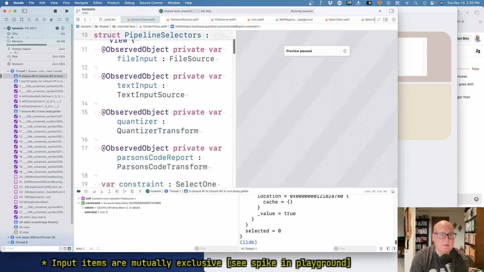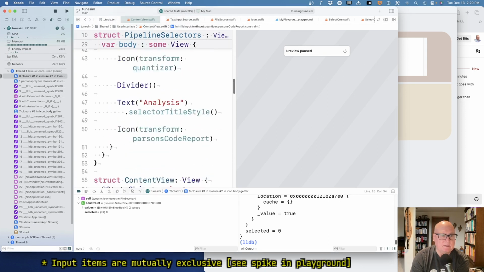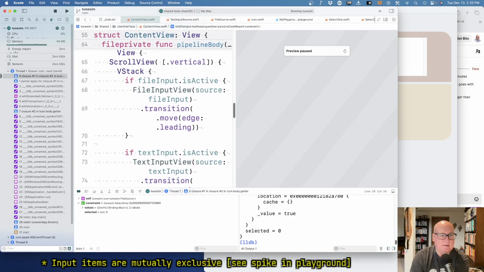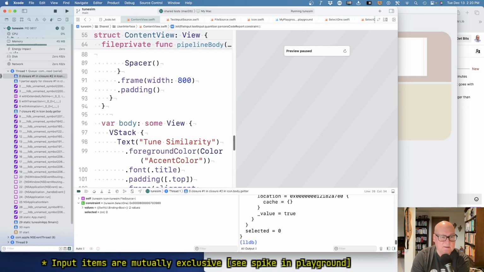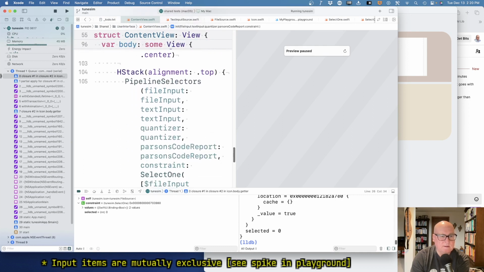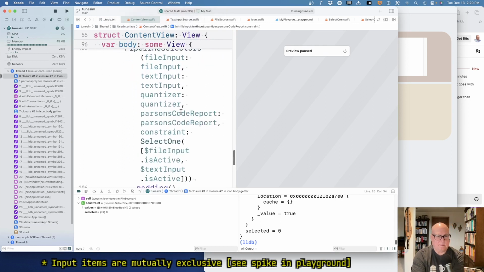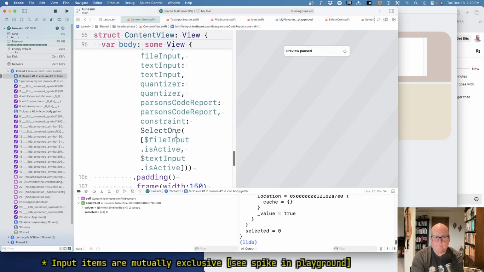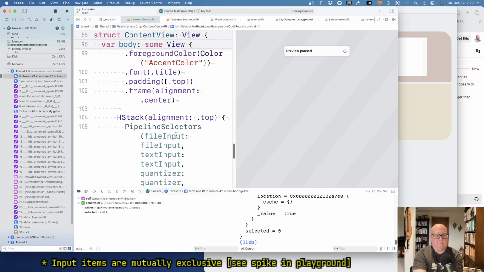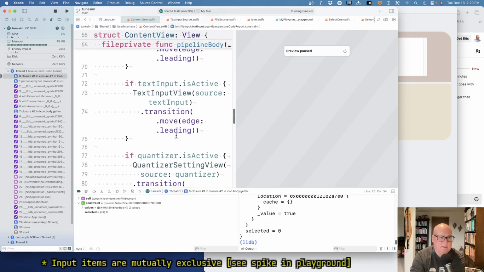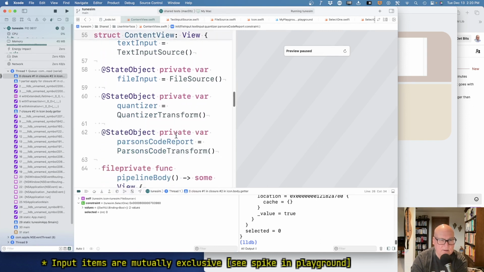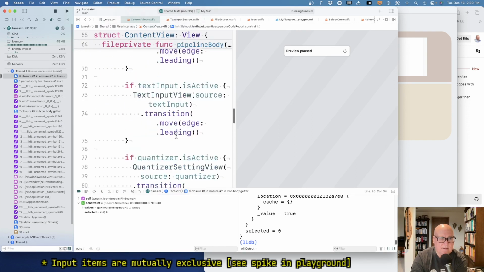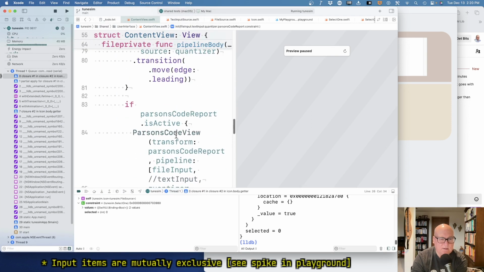So constraint is being passed in, and it's being set here. I didn't know this view would be recreated too. That doesn't seem quite right. And even if it did,